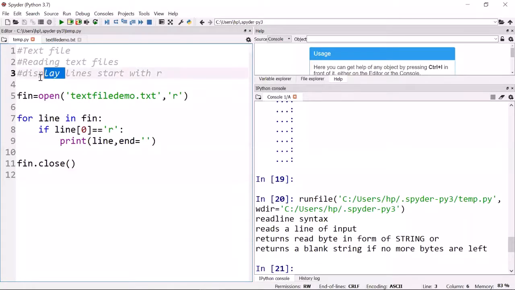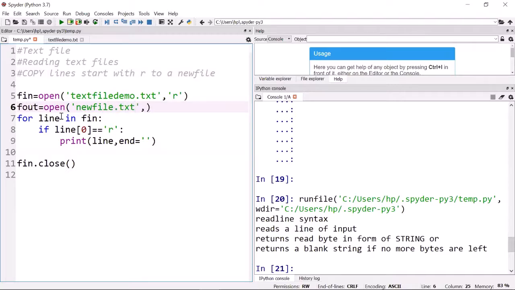Now, instead of display, let us copy the lines that start with R to a new file. So we want one file for writing purpose. Say I name it as newfile.txt. In writing mode, we'll read a line from this fn, that is the file for reading. If it is R, now here instead of printing, what we want is that it should be written to a file, that is fout.write.